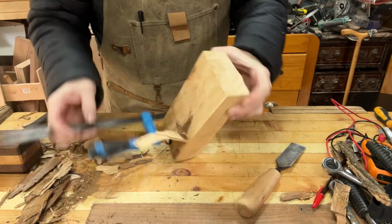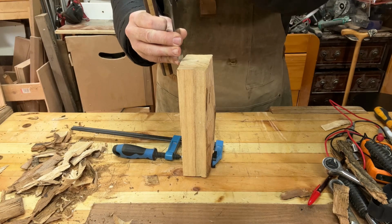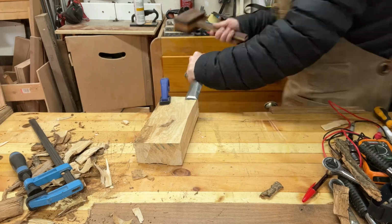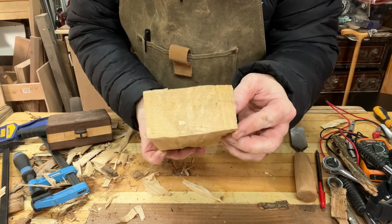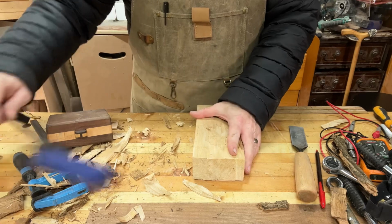Okay, that's getting there. Progress is being made, but I just want to try and get this as straight as I can with the chisel. Right, so now I think we're getting there, but it is going to have to go in a vise so we can plane it. Now, you could use a stop